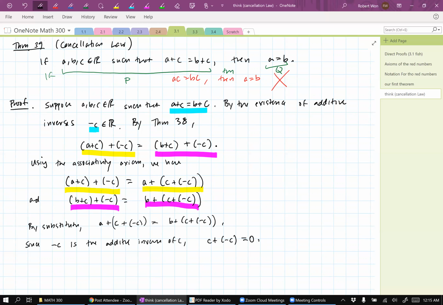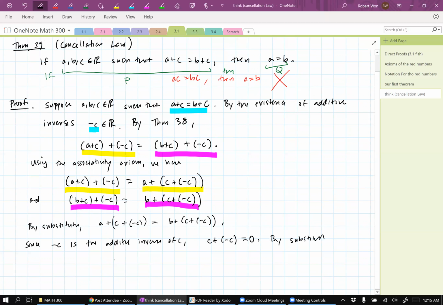Okay, here I'm going to take the first shortcut in the class, which you are now all allowed to use, which is I'm going to freely allow you to substitute into equations. So here, I'll say by substitution,